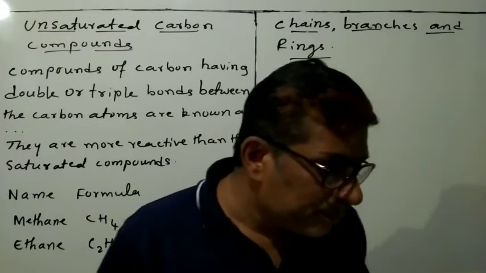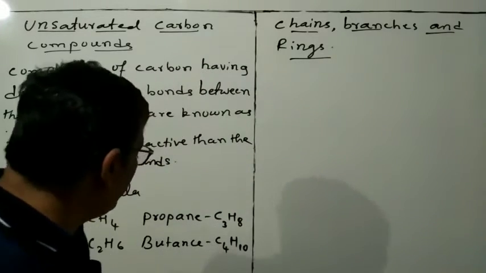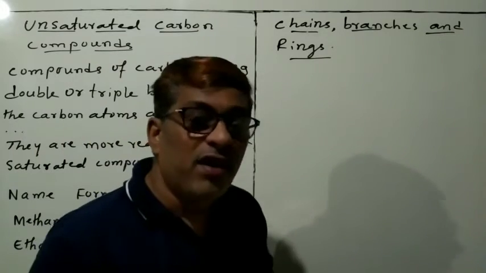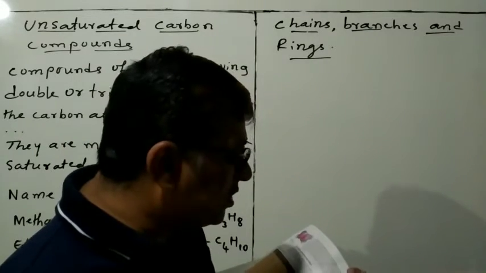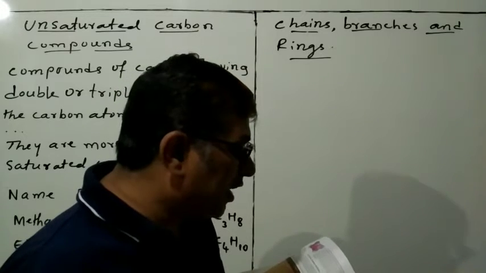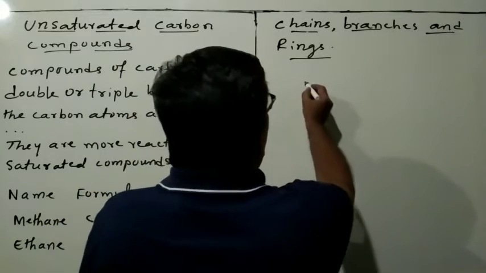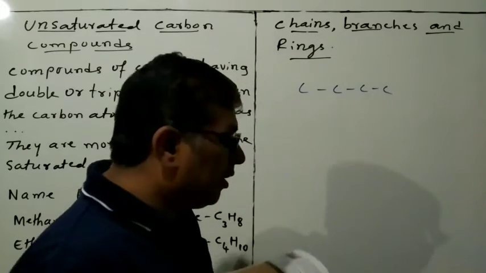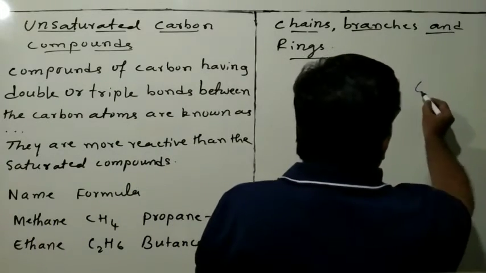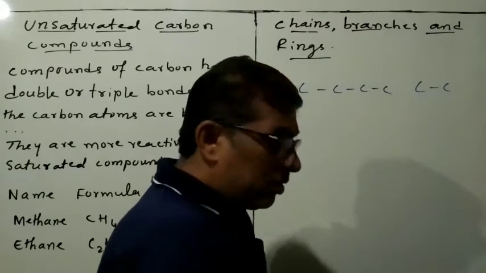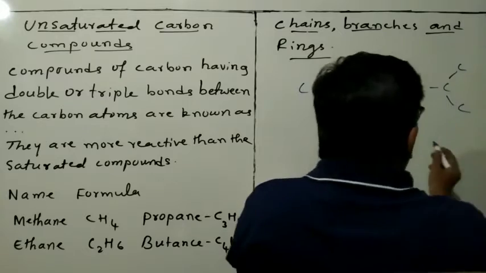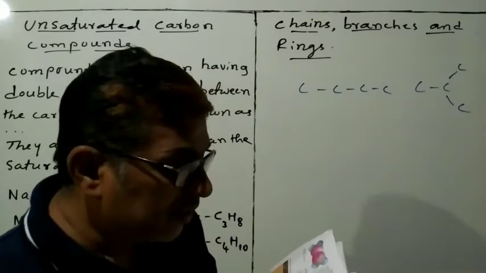See, butane, you know that the butane formula is C4H10. What is that? C4H10. This is the structure. We will see that. So you know that C, so in this way, C4. Okay. And another one, in this way also is correct. Like this. Okay, both are correct only. Both the structures are correct.